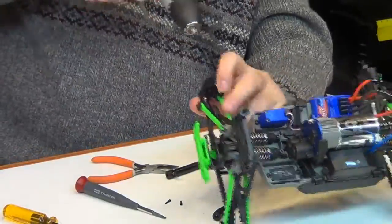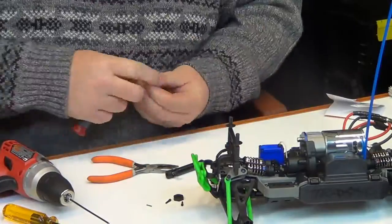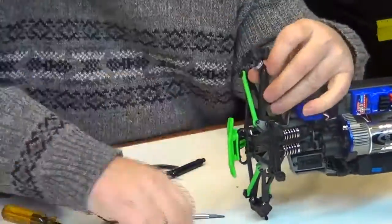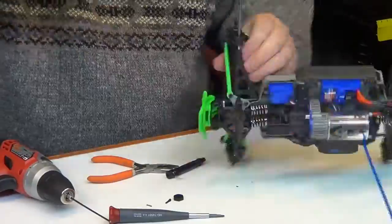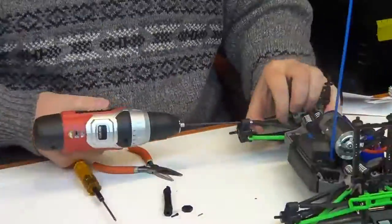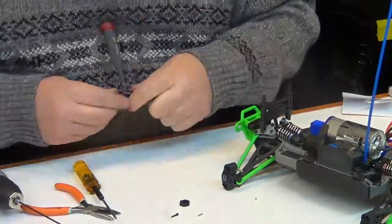That screw right there is taking out the pillow ball that takes the front hub carrier off, so you can get that drive axle in there, and that'll give us our four-wheel drive that we need. And then we'll put the wheels on,